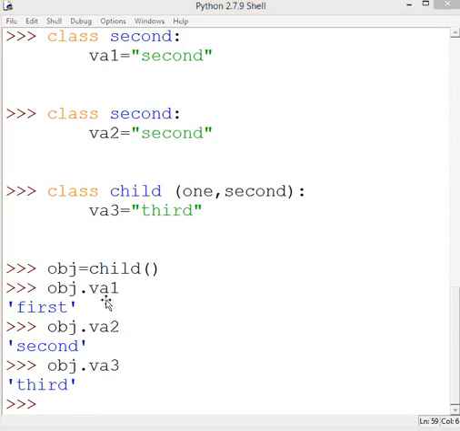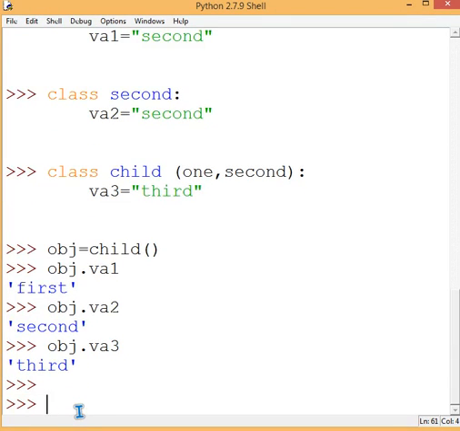So let me just give you an idea of the constructor also. What is a constructor? A constructor is a function which is there by default, and it is called whenever an object is made. It is automatically called, whether you call it or not, as an object is made. So let's make a class, say new.